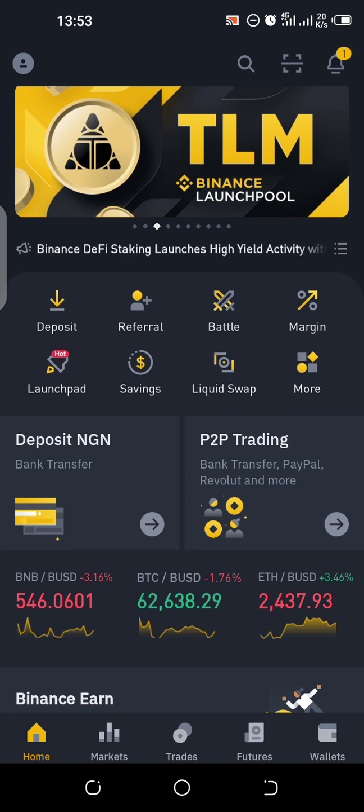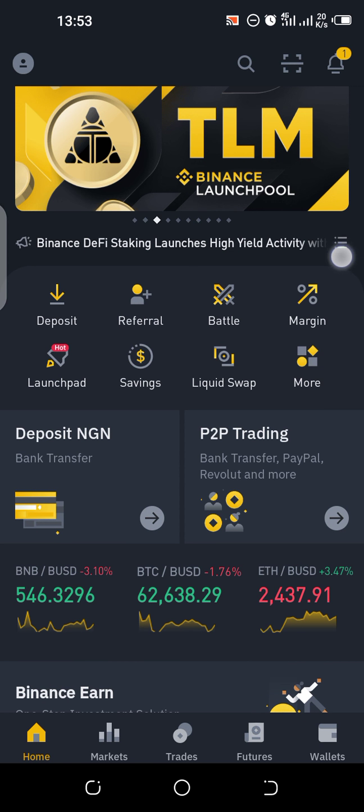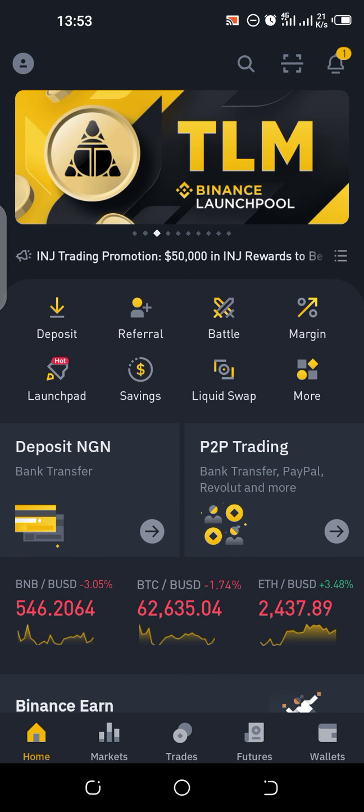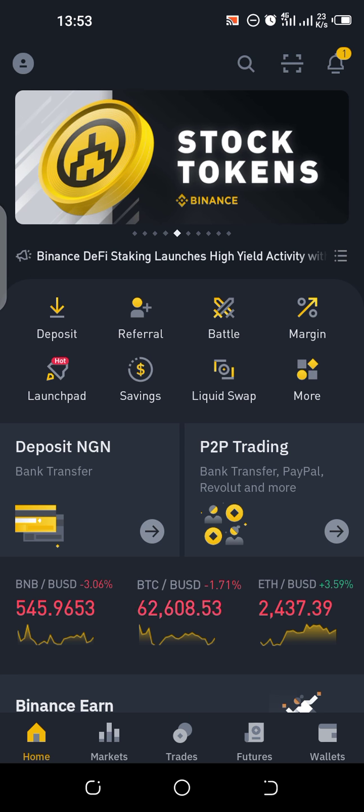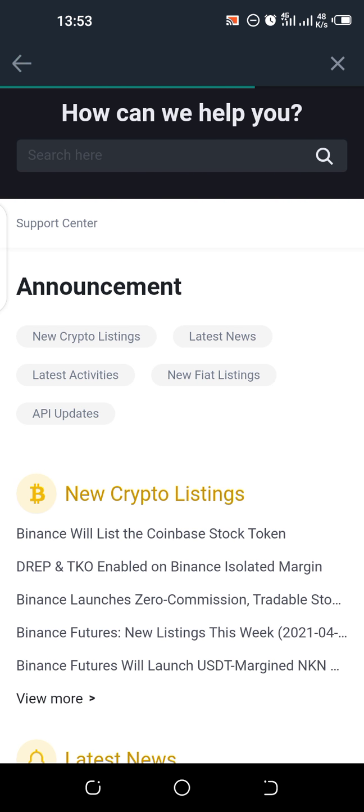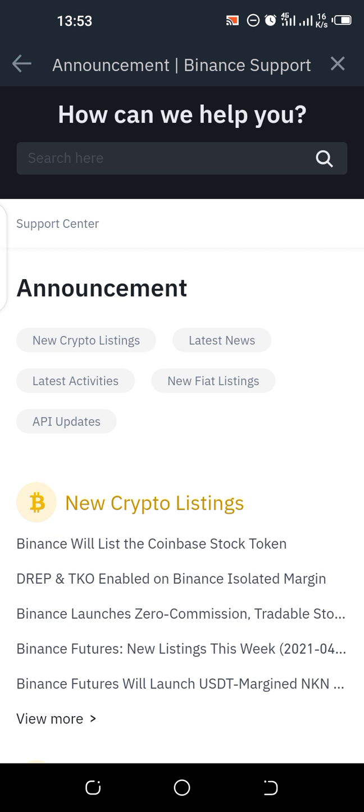In computers we call that a menu, but you see this place, it shows that there's stuff there, a marquee display of some sort. So please click on that. This area is very important for you. If you're going to be doing crypto trading, this area is very important because this is where all Binance announcements go. You will always find all Binance announcements here, and one of the first things you might want